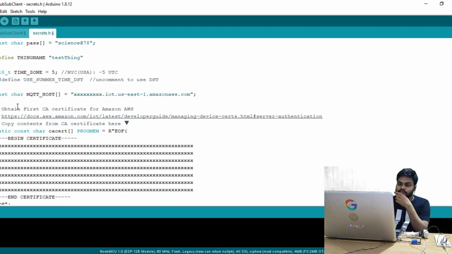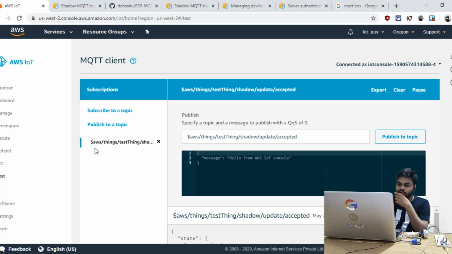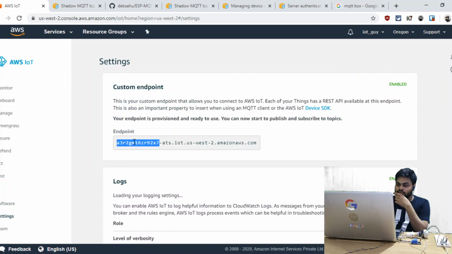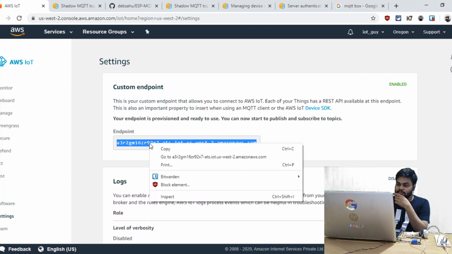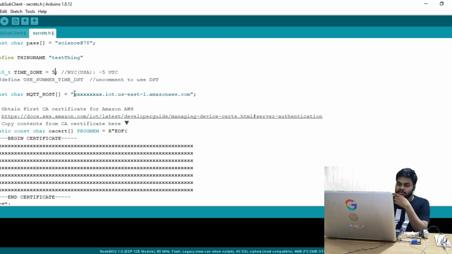And for the MQTT host, simply come to your console and go to settings. Click on this endpoint, copy it, and paste it in the MQTT host character array.